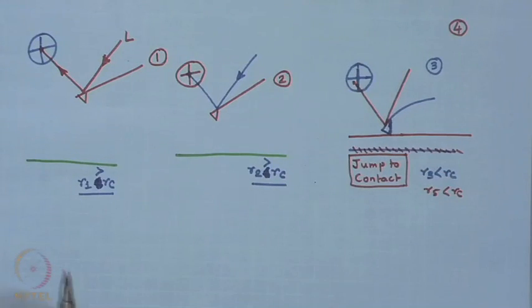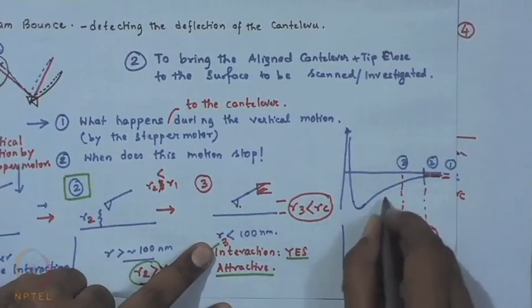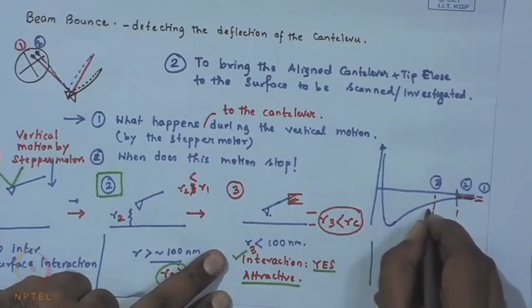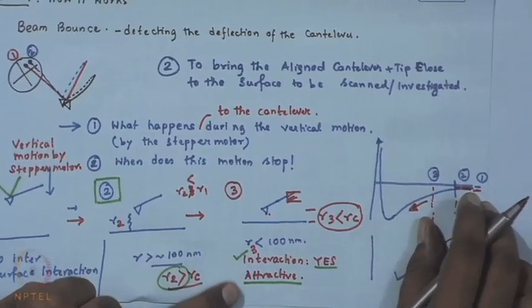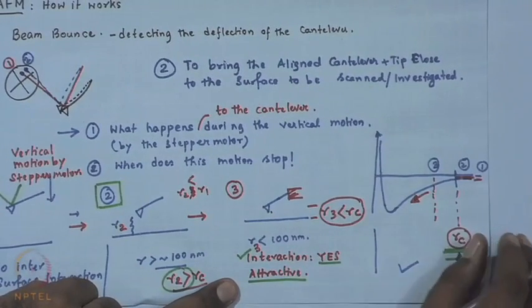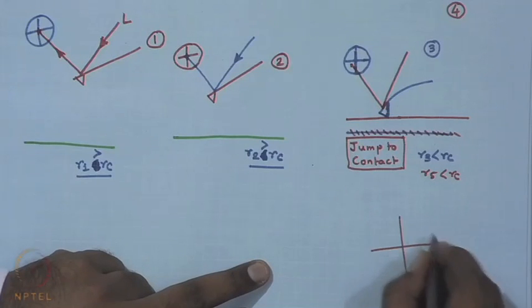So, as we have already talked about, as the separation distance reduces, the attraction progressively increases. Okay. So, separation distance reduces, you are traversing in this direction because of the motion of the stepper motor. So, the attraction increases, and what does that mean? Attraction increases means that progressively